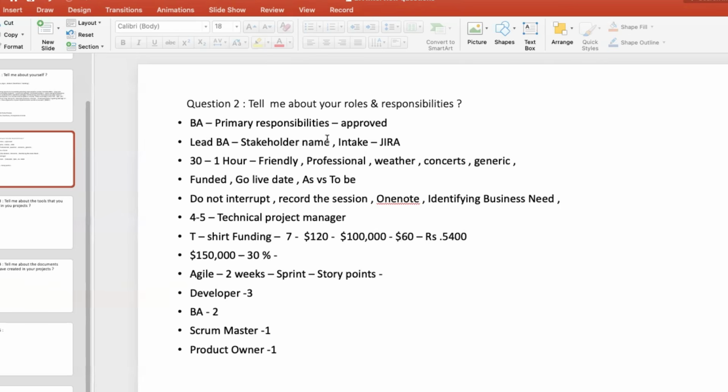There will be a few people who join only the first few calls and then are no longer required. But there will be some people who are there throughout the project. You have to be constantly in touch with them for gathering requirements, during SIT testing if developers have any questions, and in UAT, where you work with that particular business owner. Production deployment and production issues too. That person will be your primary contact. He is your primary stakeholder.